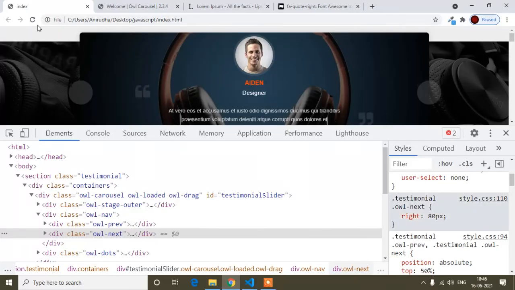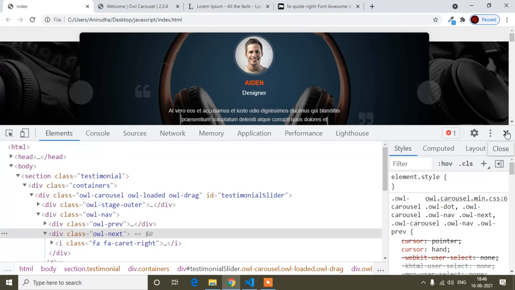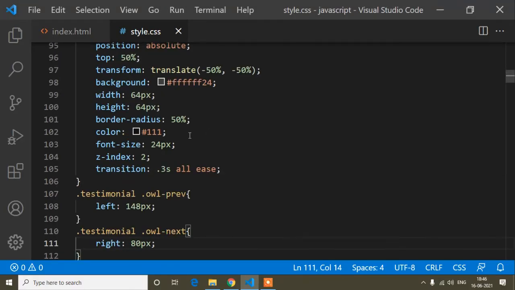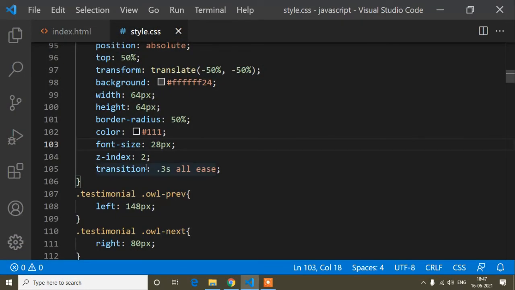So save, and now if I save and refresh, you can find this one here, but the icon is now here. Okay, and the icon size I will increase to 28 pixels, so it will look more visible, but the icon is here. So I have to bring this icon into the middle of this button. For every button, like preview and next, the icon will be in the middle. So I will write the same line.